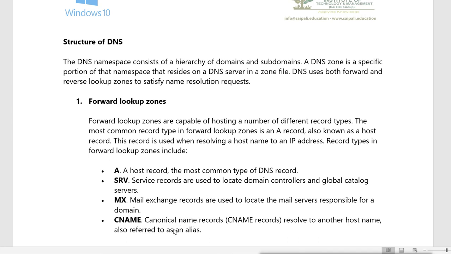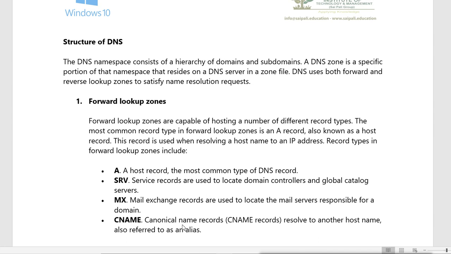Now that server is also a mail server for us. If someone wants to access it as a mail server, I want them to access it as mail 1. So I can create the CNAME for that also. If anyone wants to access it for mail, they will access it by the name mail 1. And if anyone wants to access it as the web server, they will access it by the name web 1. But the real name of the machine is server 1. So server 1 is the real name, and web 1 and mail 1 are the aliases, and that record is stored with the CNAME record.